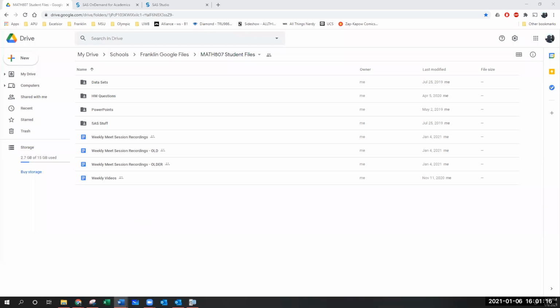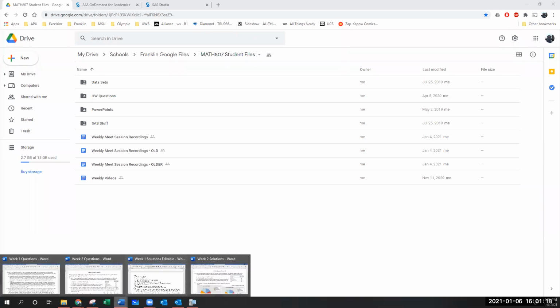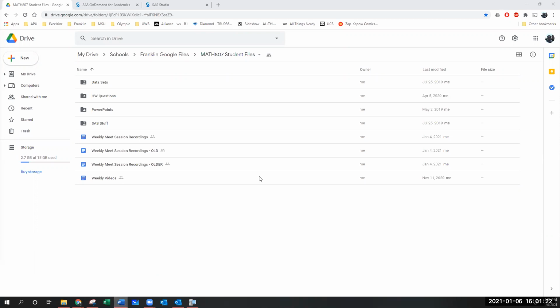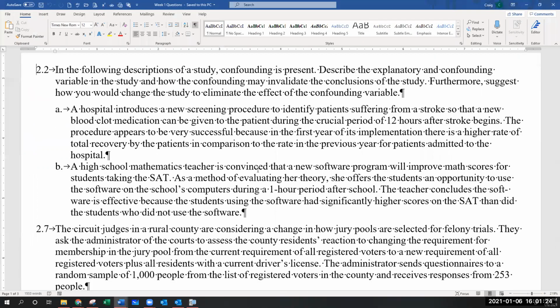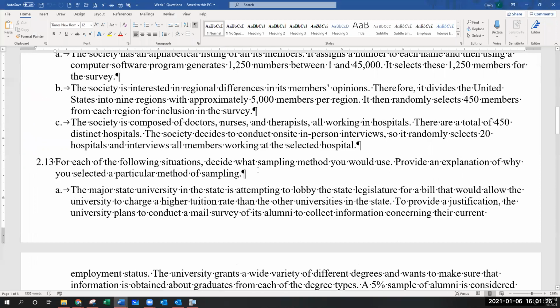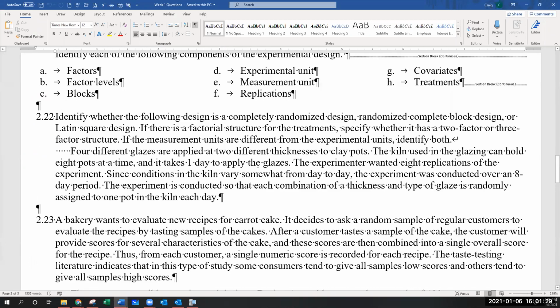Yeah, unfortunately some of these things can be a little subjective. It can be interpreted a couple of different ways, so they can seem a little cloudy. But in the case of that one, it's just the thickness and the type of glaze. So what would be for the last part, if the measuring units are different from the experimental units, what would be an example if it was different?